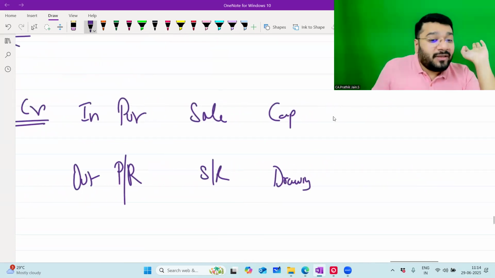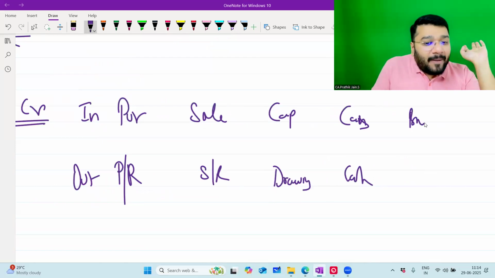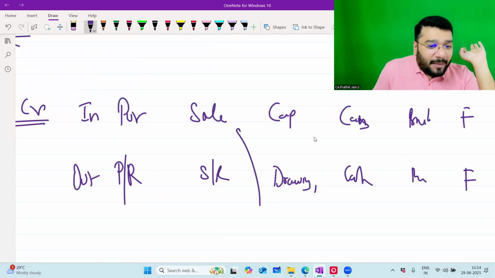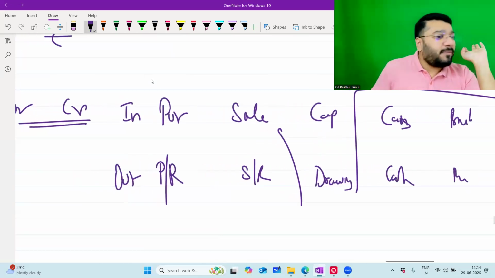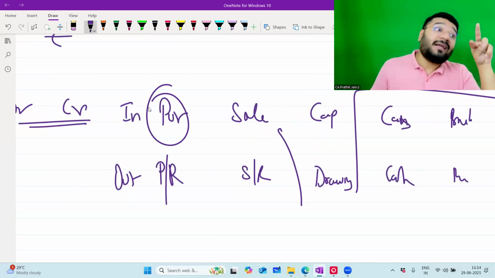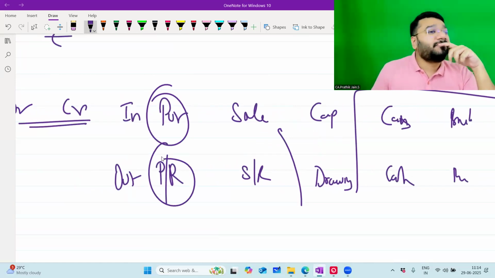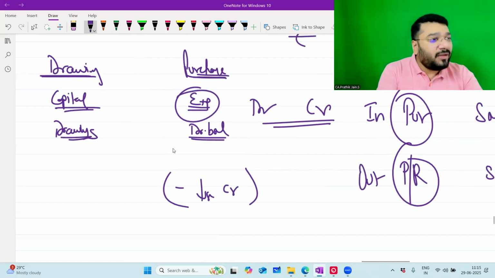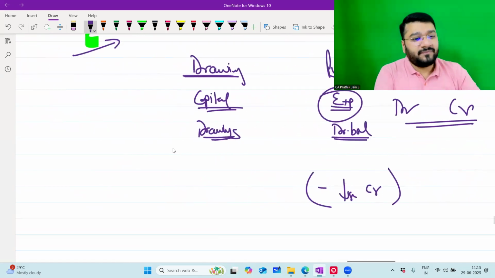Whereas cash coming in, cash account, cash going out, cash account; bank coming in, bank account, bank going out, bank account; furniture coming in, furniture account, furniture going out, furniture account. Everything else will happen in the same account. Only these three items are there. Purchase is recorded in purchase account and reversal of purchases when the returns are done is recorded in purchase return account. There's a logical reason for this. I'll explain this when I come to the journal. Every single thing in accounts, if you ask a why to it, I have an answer. Every single question, I have an answer for.